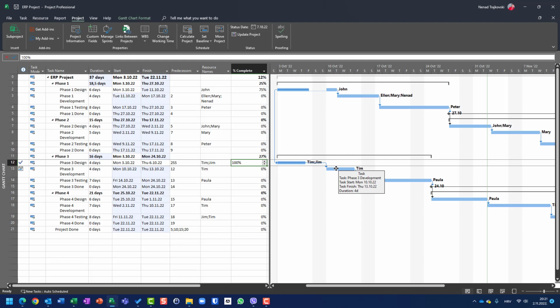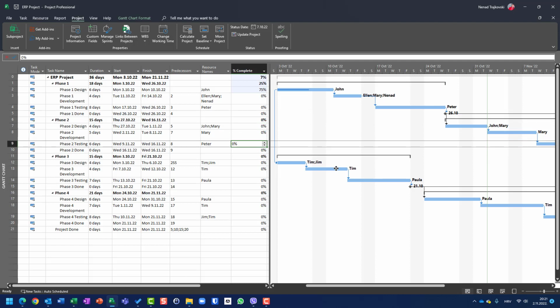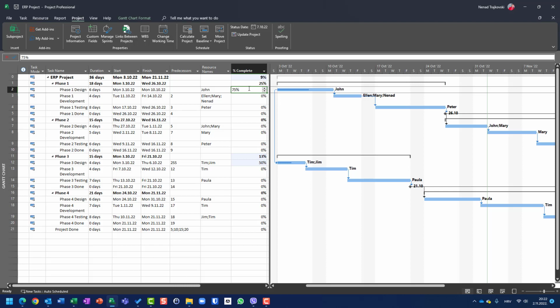of your project. Because if you don't do it, you will get here 75%, and let's say here that it is, let's say, 50%, but no matter of that, you know that this is 75% done, or maybe 100% done, but you don't know the exact end of your project because you didn't move those remaining parts to a real date, which is after 7th of October. So this is a very useful function, and I use it on each and every status meeting